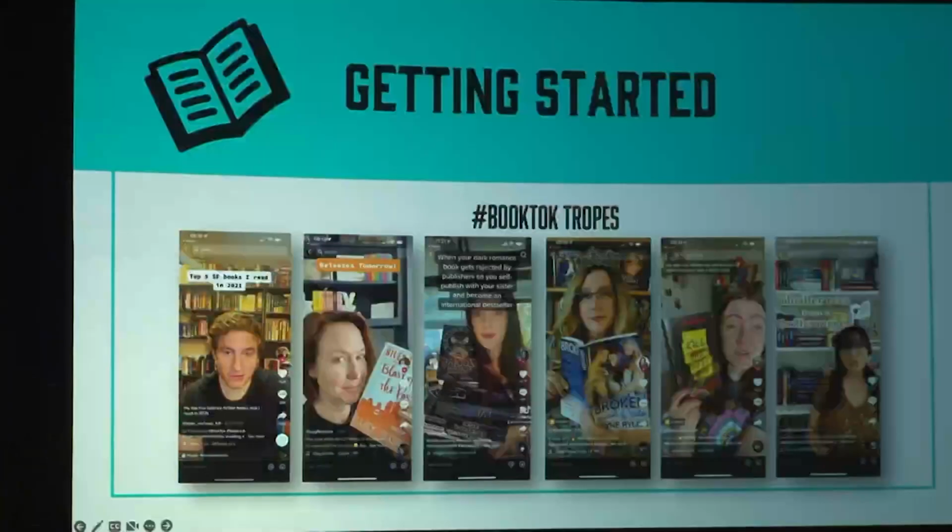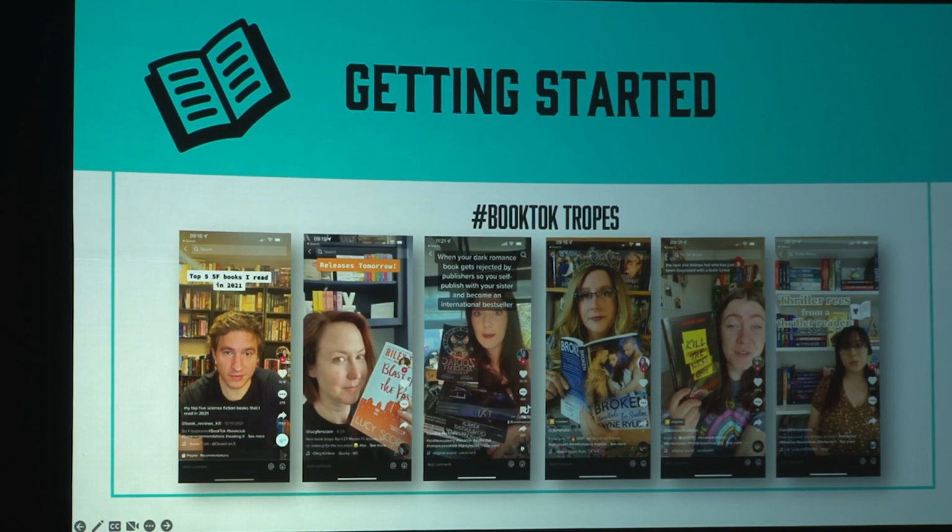So let's have a look at some BookTok accounts. I picked these reasonably randomly from the ones I follow or that pop up on my For You page. I think the three in the middle, that's Lucy Score. That is Caroline Peckham, who writes dark romance with her sister Suzanne Valenti, and that is Jane Ryder.